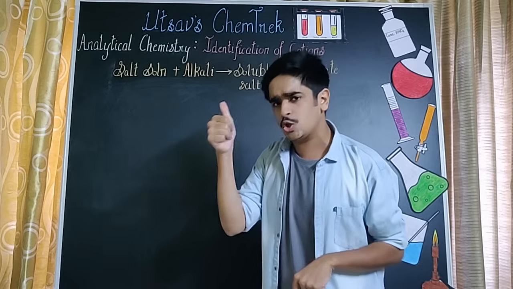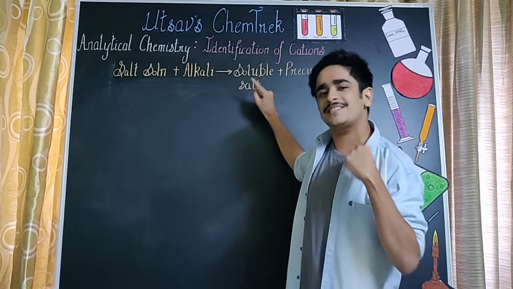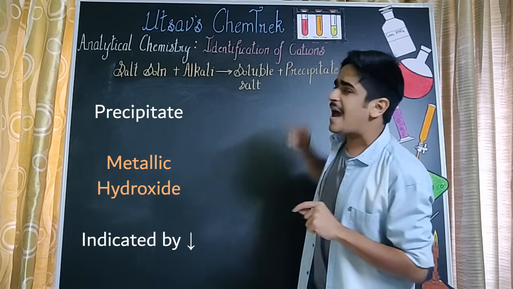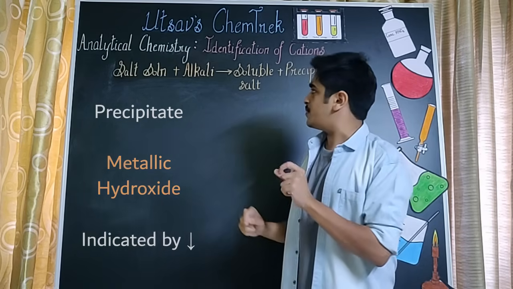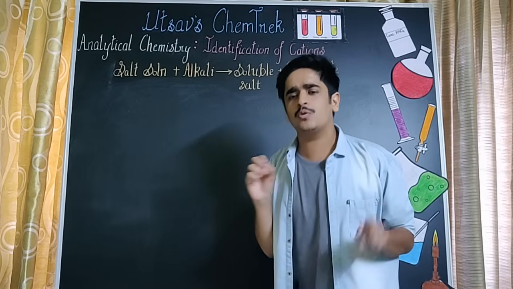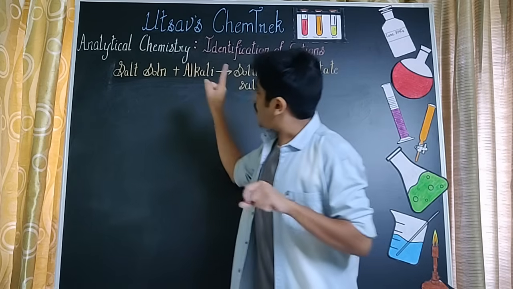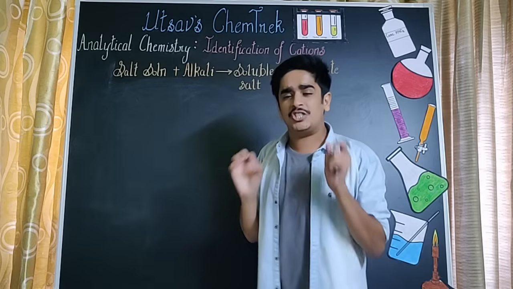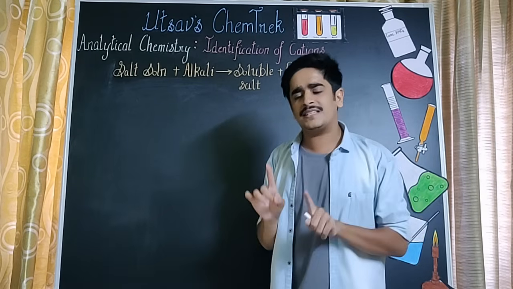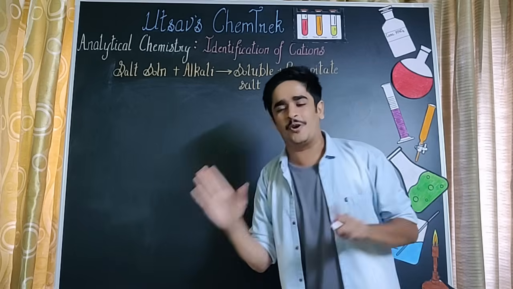यहाँ पे हमेशा दो प्रोडक्ट्स मिलेंगे, ये बात कंपलसरी है. उसमें से पहला वाला should be a soluble salt and the second one should be a precipitate. Now this precipitate has to be a colored precipitate. Alkali जब डालेंगे ना, तो जो NaOH है NH4OH डालेंगे, उसको डालने का एक तरीका है. You add the NaOH or NH4OH either first drop by drop and then you add it in excess and check whether the precipitate dissolves or not.